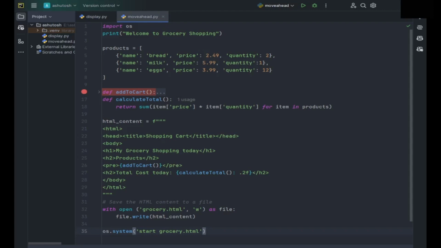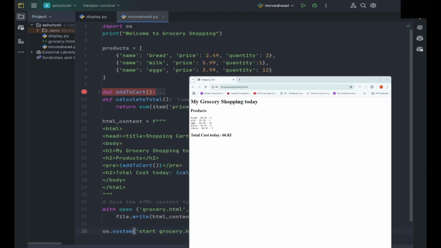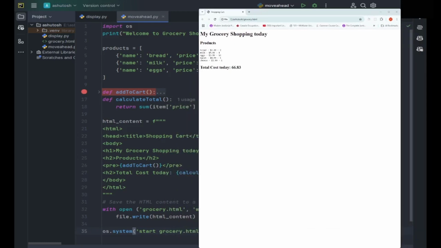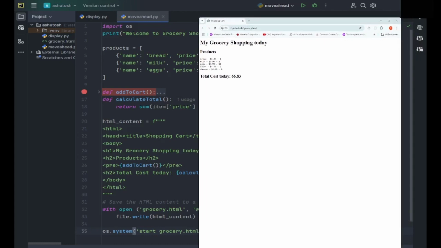Python, what is the file name? Cart.py. You see, the shopping cart is here. Shopping cart. Okay, now you can see we have this shopping cart. So you see, there is no styling or anything, but you can see with the local path, we have been able to